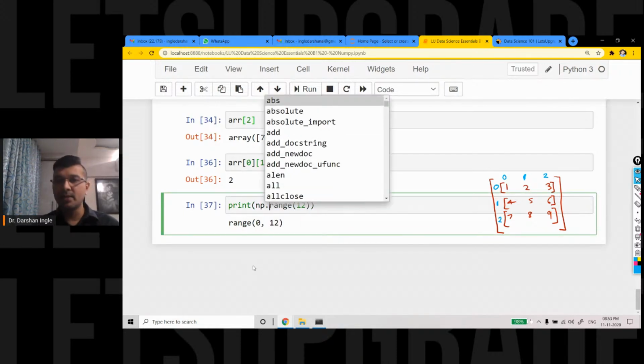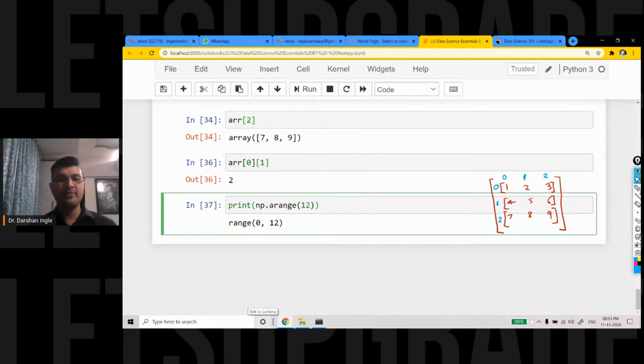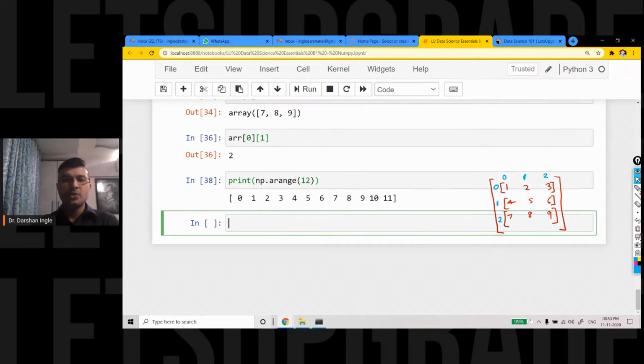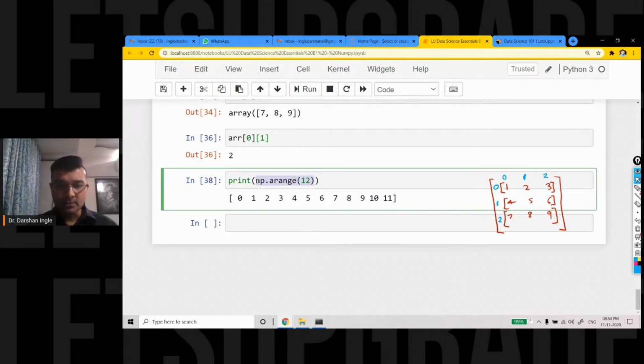So you have to write np, and the name of the function is not range. NumPy calls it by a different name, which is called arange. However, the entire working is the same. So I say over here np.arange(12). The moment I say np.arange(12), it is going to generate values 0 to 11. This was not happening in the case of the range function. The range function has to be used with a for loop. NumPy says it can be used directly. Okay, now let me store it,